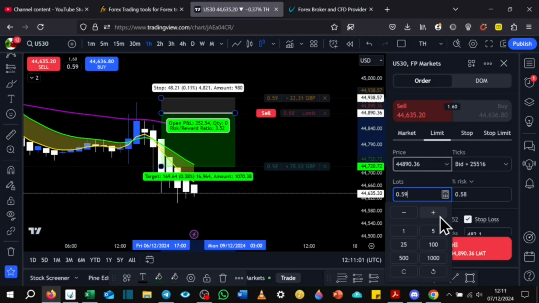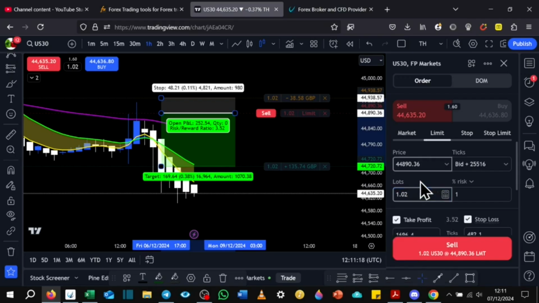So if we just keep increasing this till we get to 1%, okay, so a 1% account risk, it's saying we can use a 1.02 lot size for the current account balance that I've got, right? So the lot sizes are different for every single market,